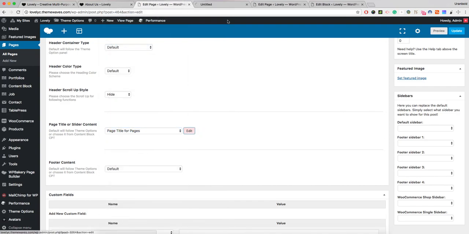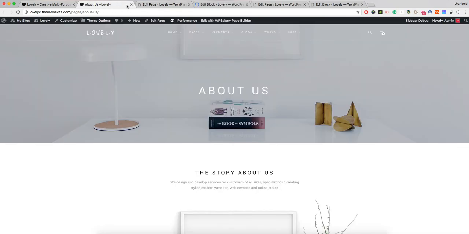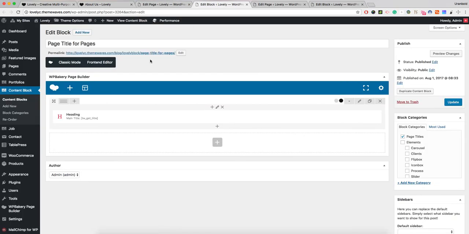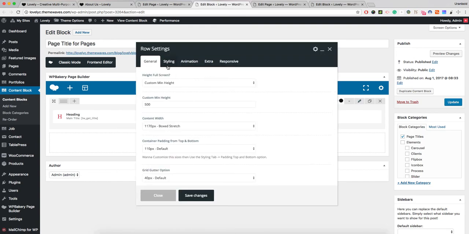If I edit this, I've actually created this section with the content block. Okay, let's go back to edit. If I edit the row, I set the custom minimum height to 500 pixels, and the content width is right here,